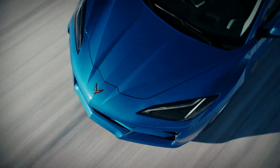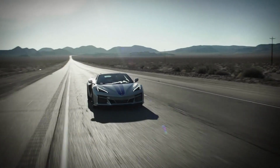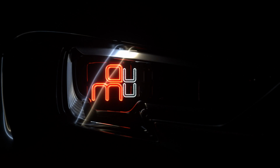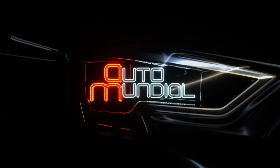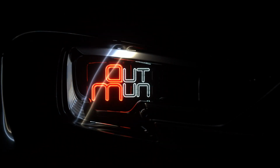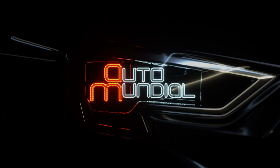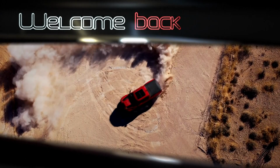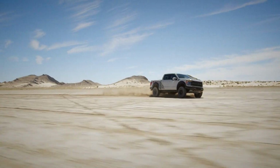After the break, Chevrolet's surprise new Corvette E-Ray. Still to come, a pair of 700 horsepower pickups, but first...